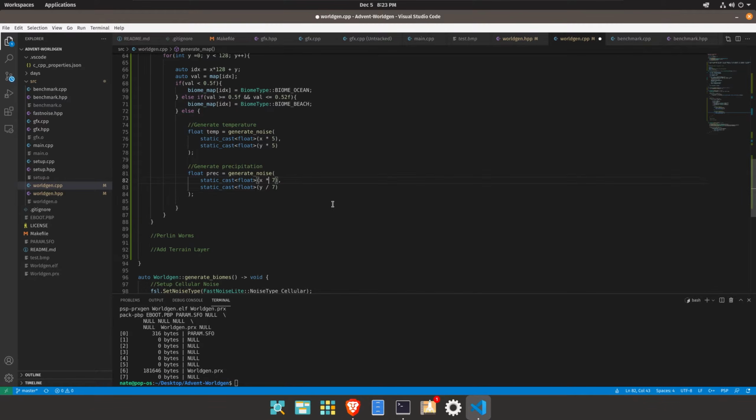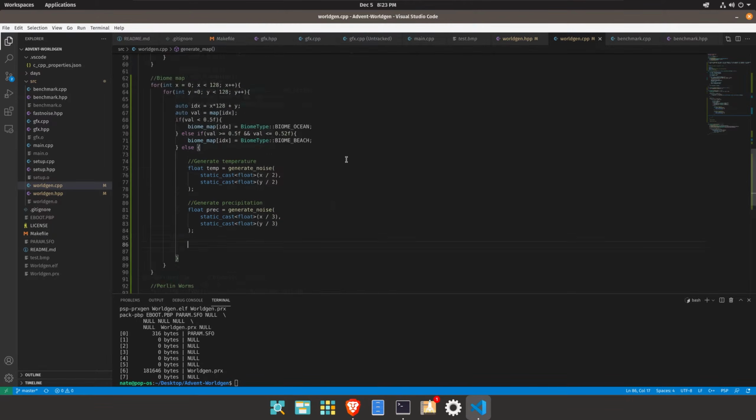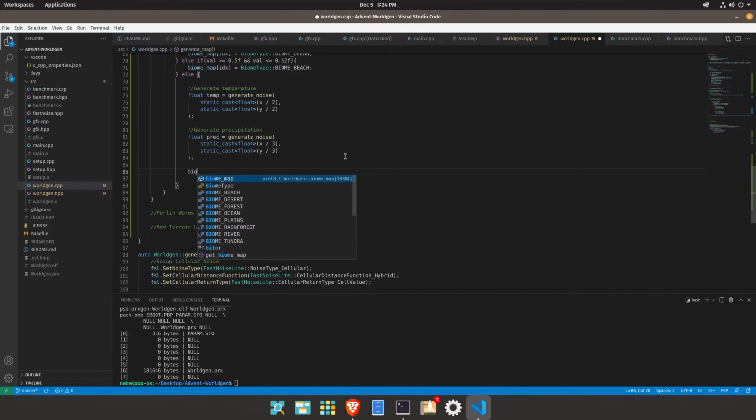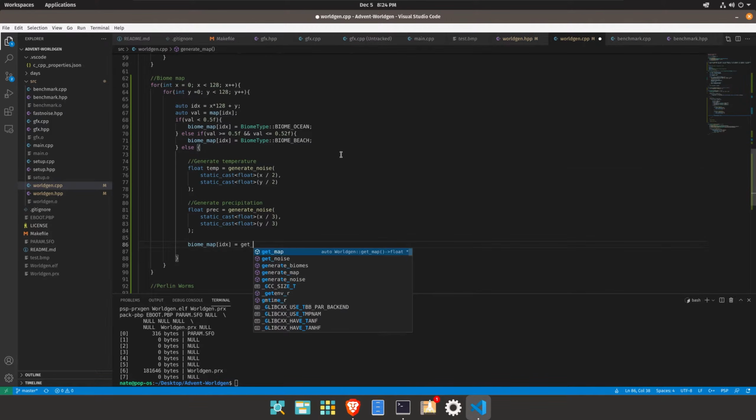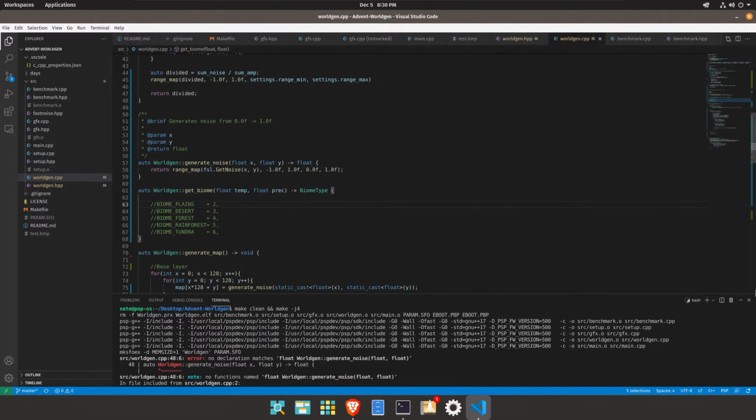And maybe, honestly, let's do it like division, because division creates larger maps. So then we'll say biome map at index equals get biome from temperature and precipitation. Alright, so for getting the biome, we can create some pretty simple rules. So if the